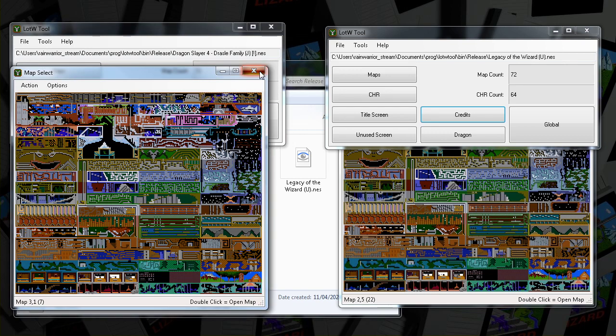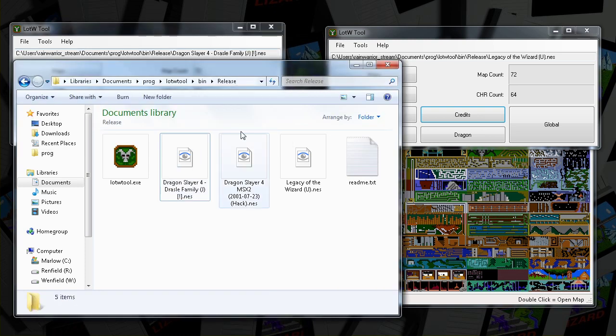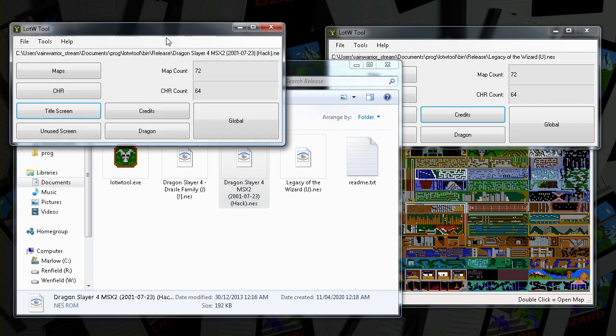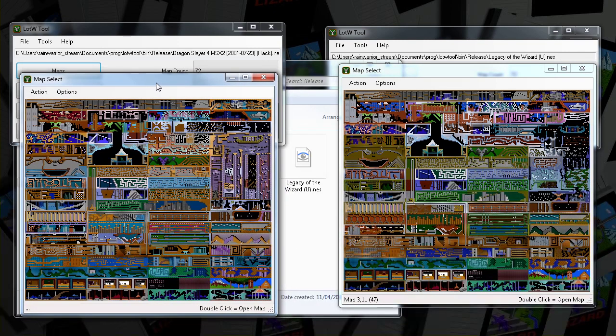But something really interesting that I found. So it works on both versions because they're so close. It wasn't hard to make the editor just work on both. I found this ROM hack, because there was an MSX2 version. I haven't made an editor for the MSX versions of the game. So there's a couple of other platforms this game was on. But somebody made a ROM hack that transferred everything about the MSX2 version, which is a little bit different, over to the Famicom version.